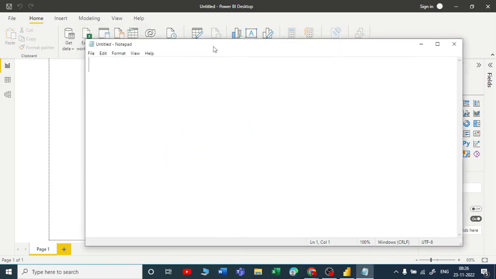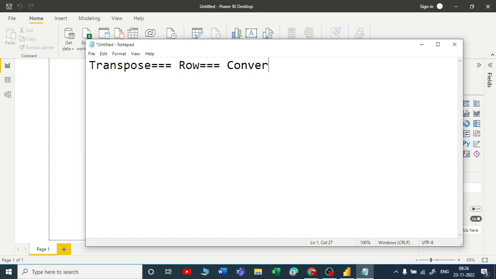Before we go with the hands-on, let us see a small theory part of what is transpose. Transpose is nothing but, if you have rows and you want to change them to columns, we use transpose there. So you have rows, and if you want to convert your rows to columns,